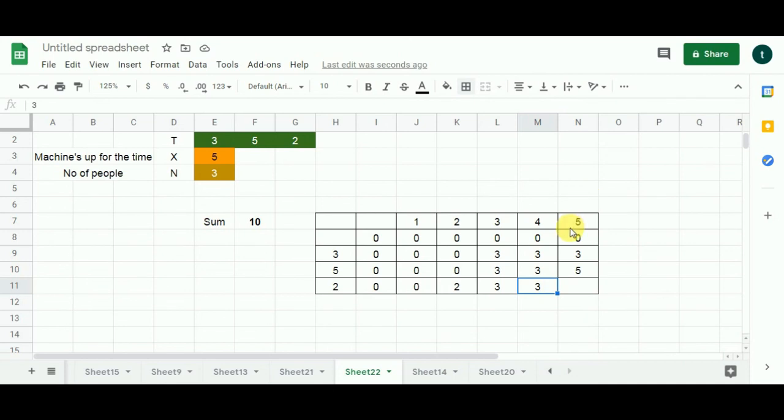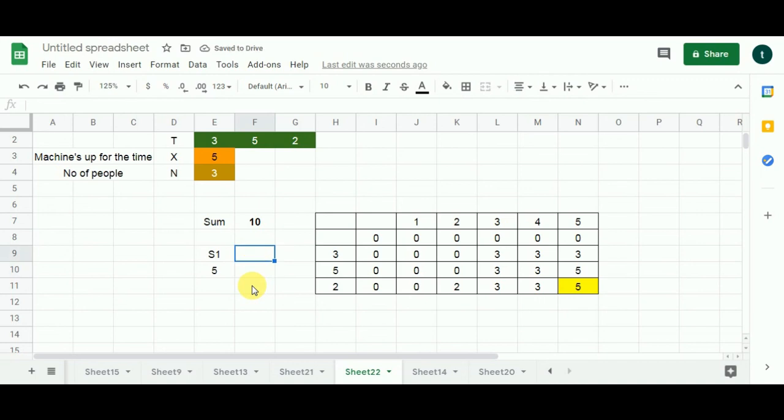Now we move here. Clearly 5 is greater than 2, so we go one cell above, and 2 subtracted from 5 is going to take me here, so the value is 3. I add 2 to it, it gives me 5. Now I compare this 5 with this 5. Both are the same, so there is no question of maximum or minimum here. I am going to populate 5 over here, which is the maximum sum that I am going to get for machine 1 through the knapsack problem. So we got the subset 1 maximum combined voting time as 5.